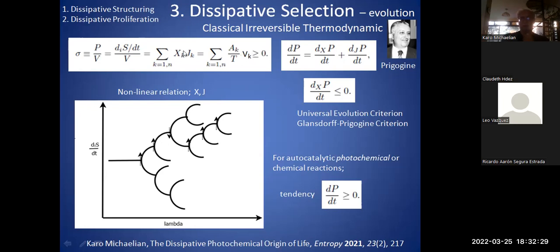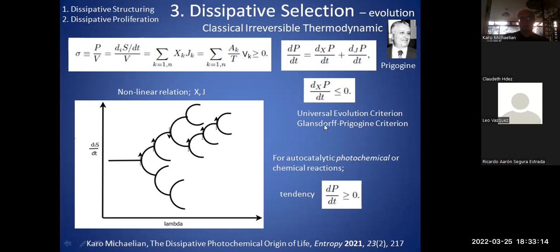And for every different irreversible process, there are different forces and flows. For example, in the case of the flow of heat, J is the flow of heat, and X is the force, which is the gradient of 1 over the temperature. And the fact that we can write it as a bilinear form of X times J means that we can divide the change in the production of entropy in two parts, one due to the changes in the forces, and the other one due to the changes in the flows. Now, the most universal, or most general result of Prigogine is what's known as the universal evolutionary criterion, that this part always has to be negative definite.